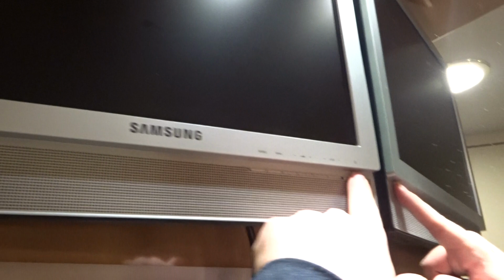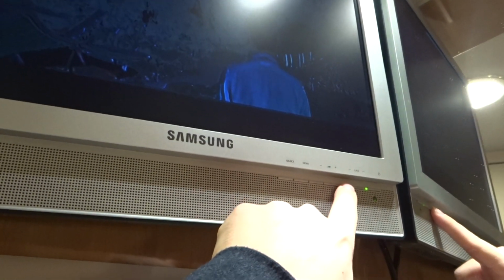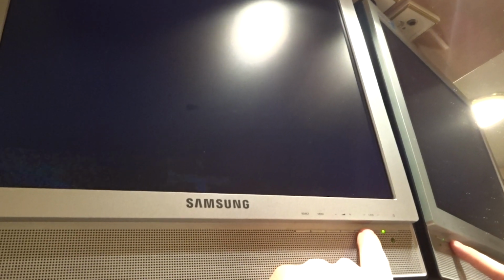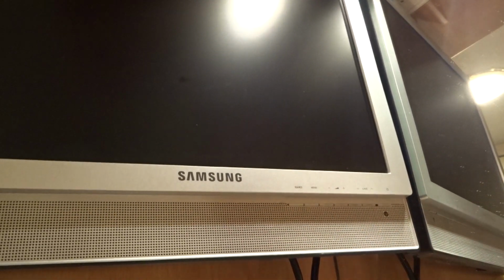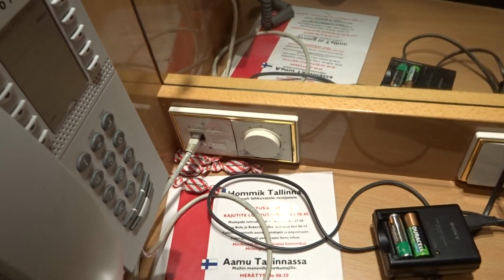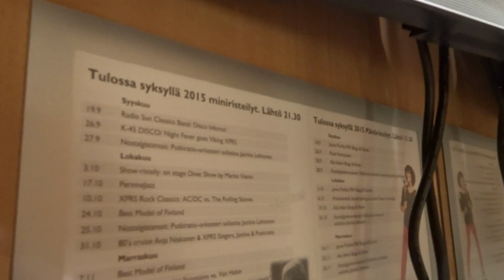There's a television. Looks like every cabin has a television, but there doesn't seem to be a remote controller anywhere. I don't know if you can see where the ship is, the ship position. It was possible to do it on the Color Fantasy and on the Color Line cruise ferries, but not on the Viking Line ferries as a program. Okay, and the telephone